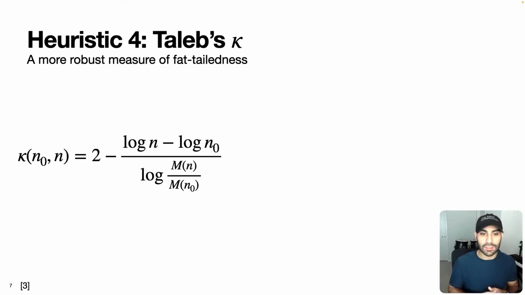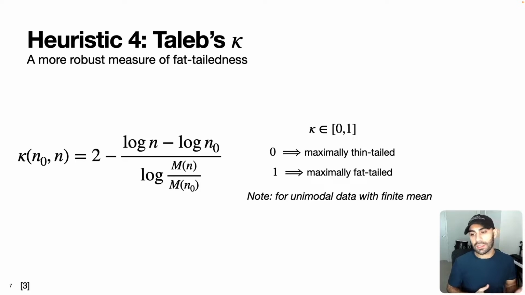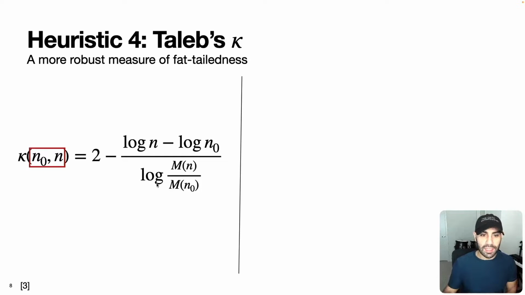Kappa is defined according to this expression here, where it's a value that sits between 0 and 1, where 0 implies the distribution is maximally thin-tailed and 1 implies the distribution is maximally fat-tailed. And just as a note, this is for unimodal data with finite mean. So there's a lot going on in this expression here, so let's just break it down step by step. First, let's look at these values here, n naught and n. N naught and n are both integers that correspond to 2 samples we can call S sub n naught and S sub n. And so kappa is actually a metric that compares 2 samples together, S sub n naught and S sub n, where